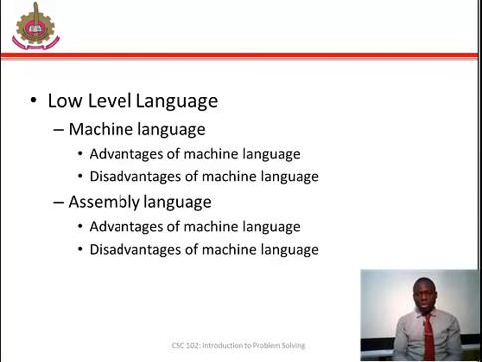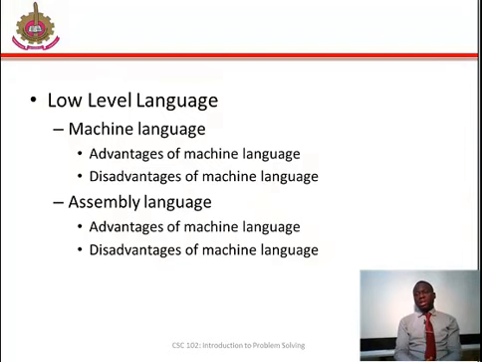Now, let's look at the advantages of assembly language. One, it is efficient in processing time and the use of memory space. Number two, it encourages modular programming, where programs are broken into modules. Number three, it provides an error listing which is useful in debugging. Number four, it is very close to machine language, which means it is very fast as well.